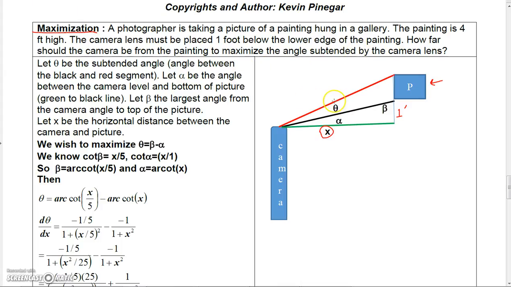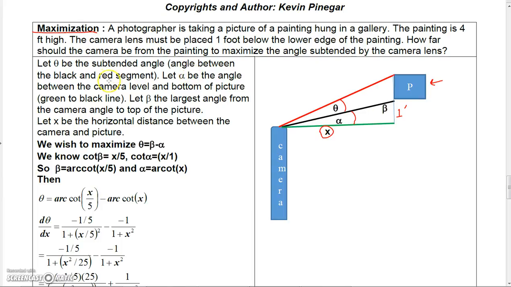So let theta be the angle between a line that would connect the bottom of the picture to the top of the picture, and let theta be that angle. And then let alpha be the angle between the camera level and the bottom of the picture. So alpha would be this angle,